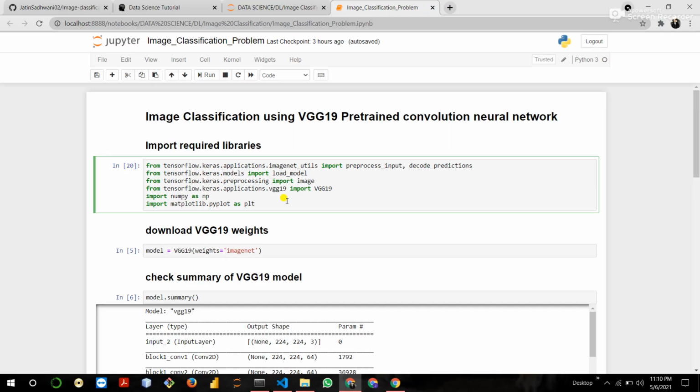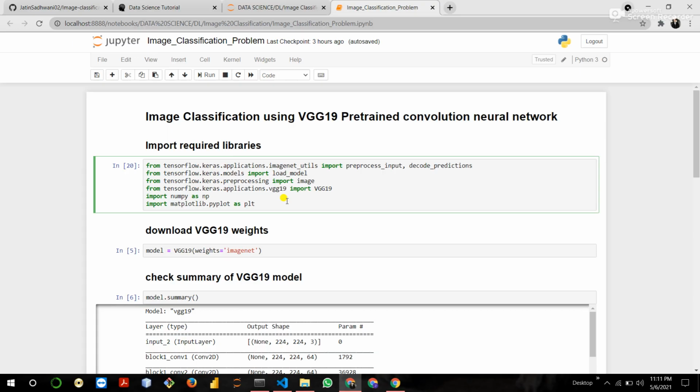I did not take any custom dataset here. I just import some of the libraries, download the weights of the VGG19 pre-trained model, simply save the model as an .h5 file, and test the model on different images. I have also deployed this model on the local host using the Python framework Flask. I will show you everything.